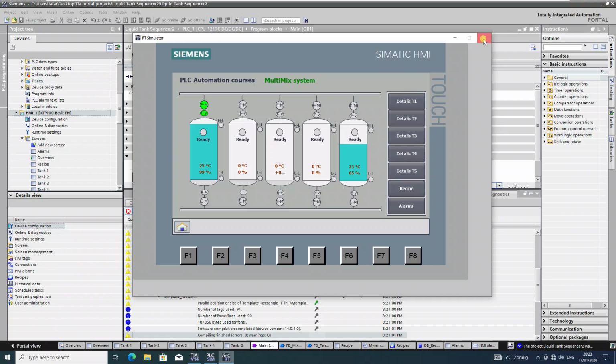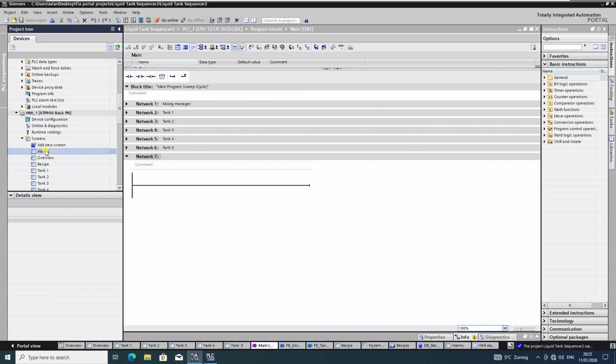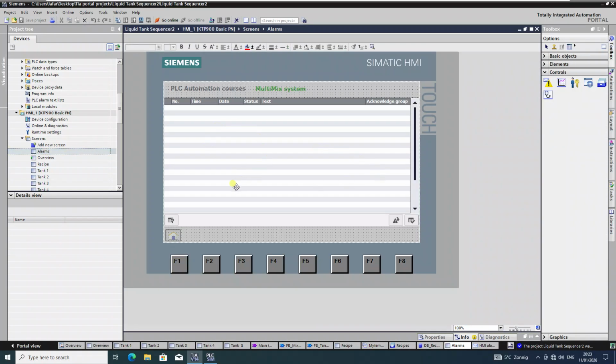So now we are going to our alarms. In our HMI, we have already added an alarm viewer. To create alarms, you have to make some tags, right? The best way to create alarms, the professional way to do this,